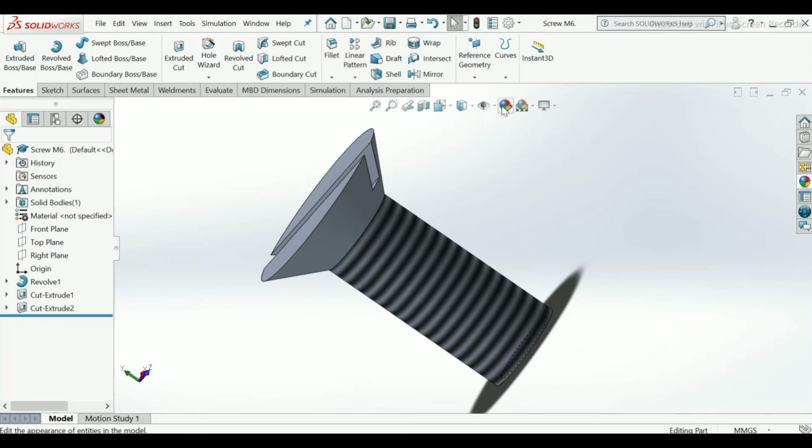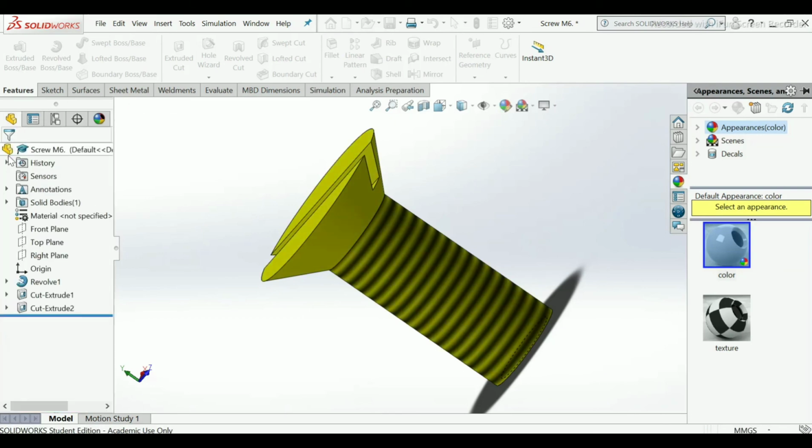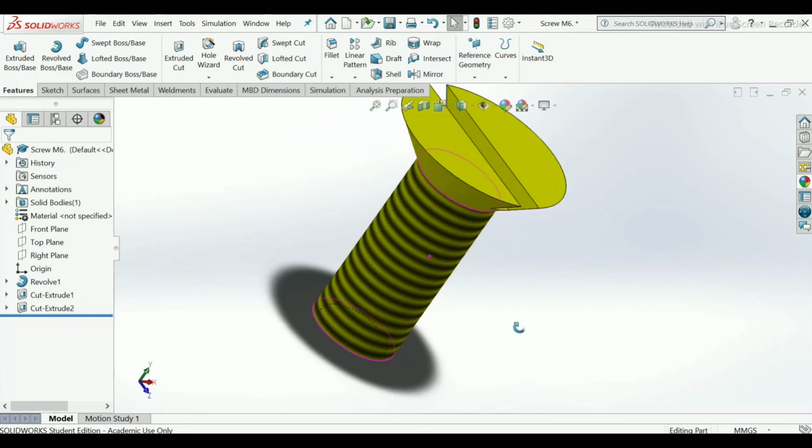You can apply here appearances by giving any color. Now this is our last component that I have made.